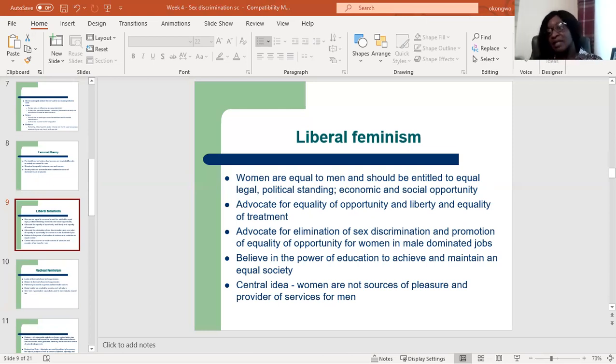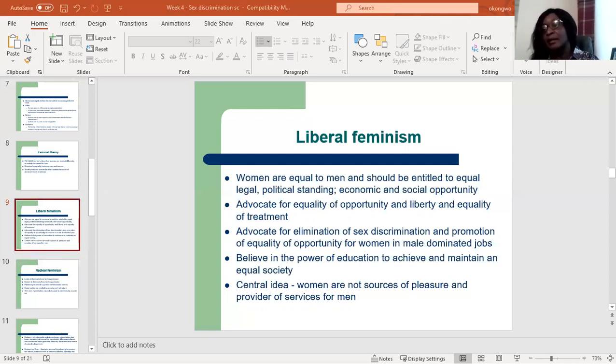They believe that men and women reason alike, they have the same brain capacity and also emotional capacity. Therefore, people's abilities should not be determined by their bodily functions. And they advocate for equality of opportunity and equality of treatment, and believe that each person should be valued